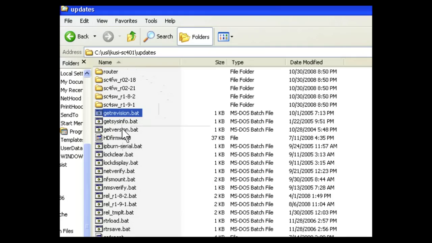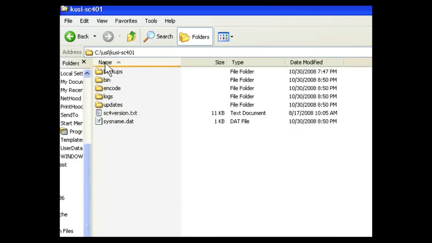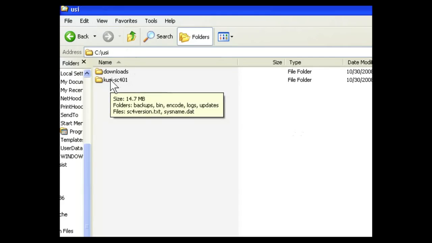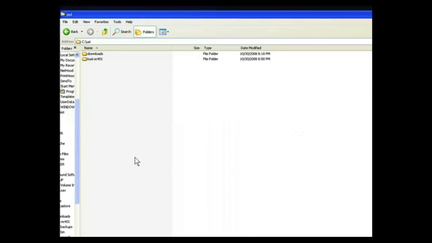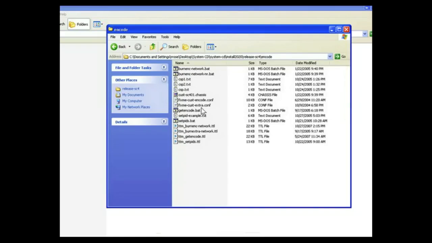So you can't just place these files anywhere you'd like on your system. They have to reside in the C drive in this folder that we've created from the install 2020. So every time that you run this, it knows that this is where it needs to exist. Okay, and so now the reason that it has a 01 behind the SC4 is that